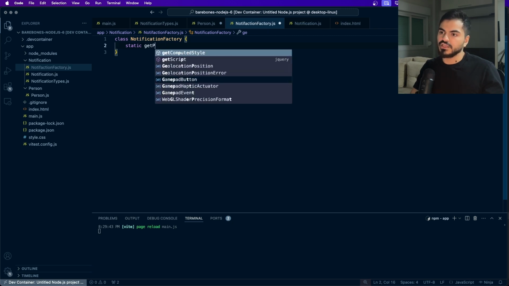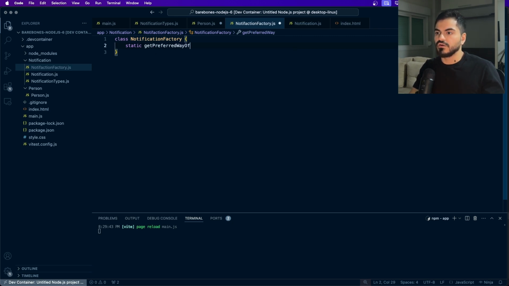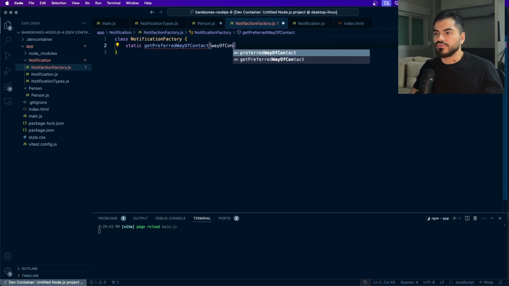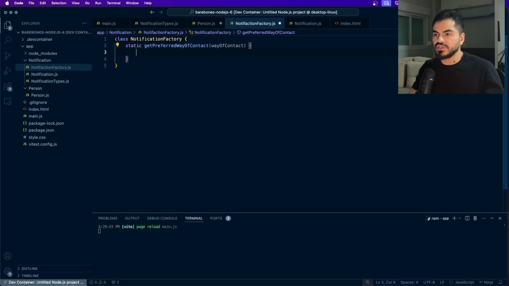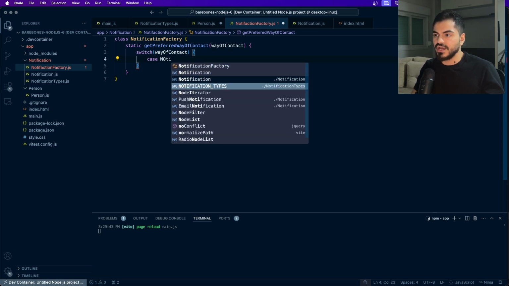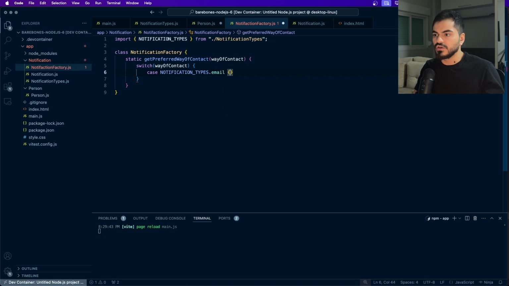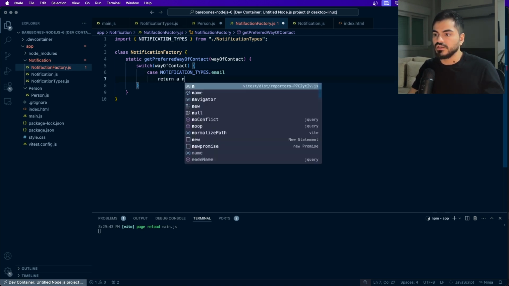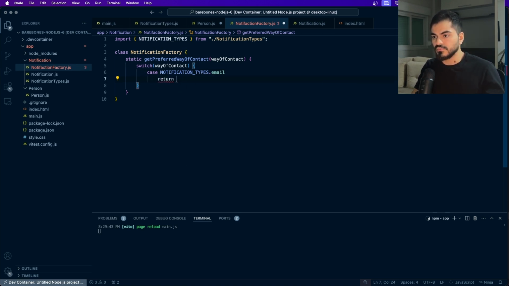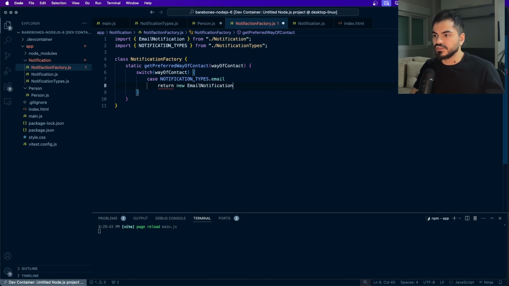Let's call it get preferred way of contact, and here we just receive the way of contact, and then we can just have a switch case here with the way of contact, and then we can just check it, right? If it is notification types dot email, we return new email notification,